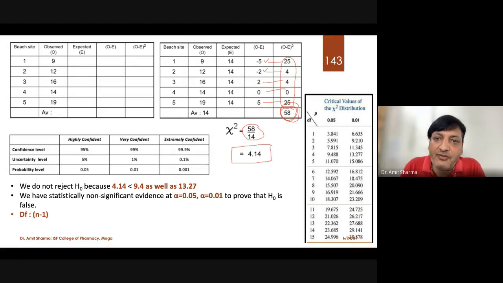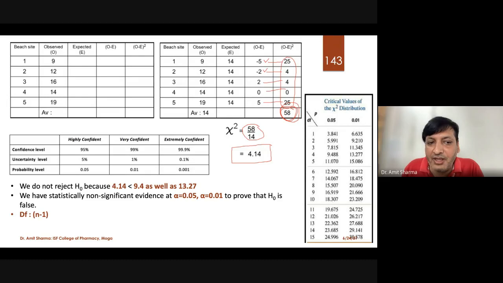Now what? If you have a table, you can proceed further. Otherwise, for students, you have to stop here only, and you can write that the chi-square value was found to be 4.14. Clear? Now, if you have a table, then you can look. See, I have taken just a screenshot of the table where my value was lying. Otherwise the table is very big. If you want to find it, you can find it using Google, the chi-square distribution table. There you are going to find it.